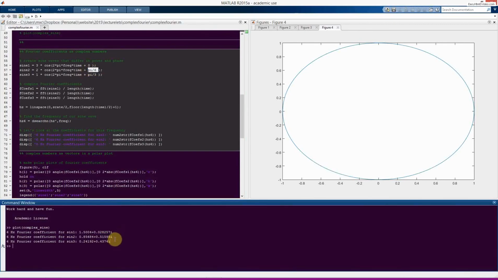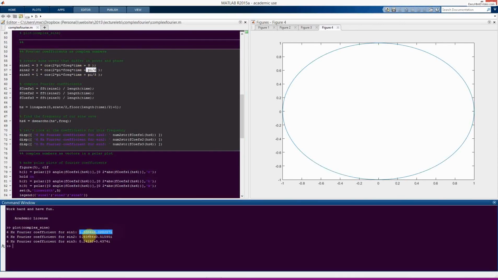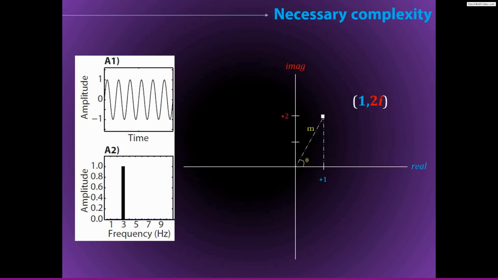Anyway, the point is that it's not possible to reconstruct the amplitude and the phase information just from looking at the Fourier coefficients. What we need to do is combine the projection onto the real axis and the projection onto the imaginary axis in order to extract power. So how do we go about doing this? Well, if we go back here,